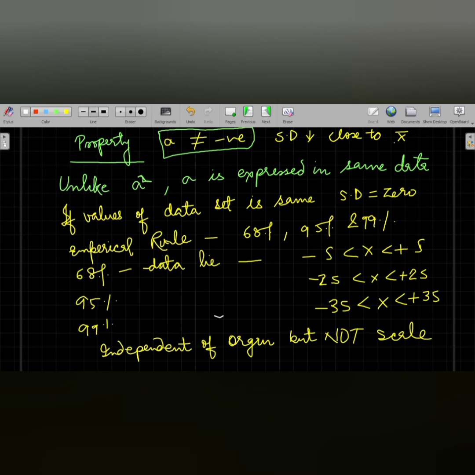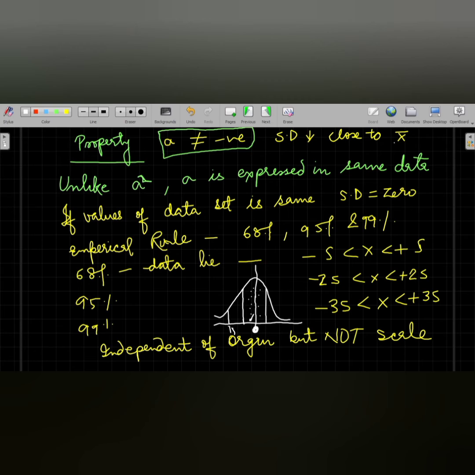Let me show you. This is the graph. This is 95%. If the value comes here, then what does it mean? It shows that it is close to the mean, because the mean is at this point. And if the standard deviation falls near the mean, we will see that the value of standard deviation will be lower.